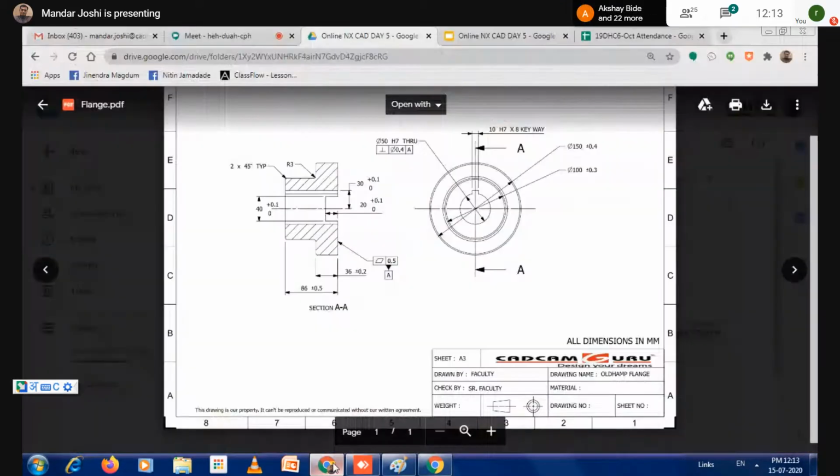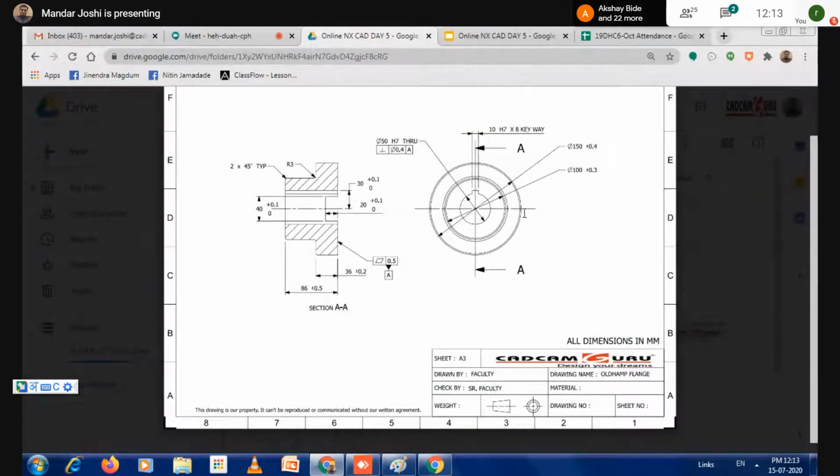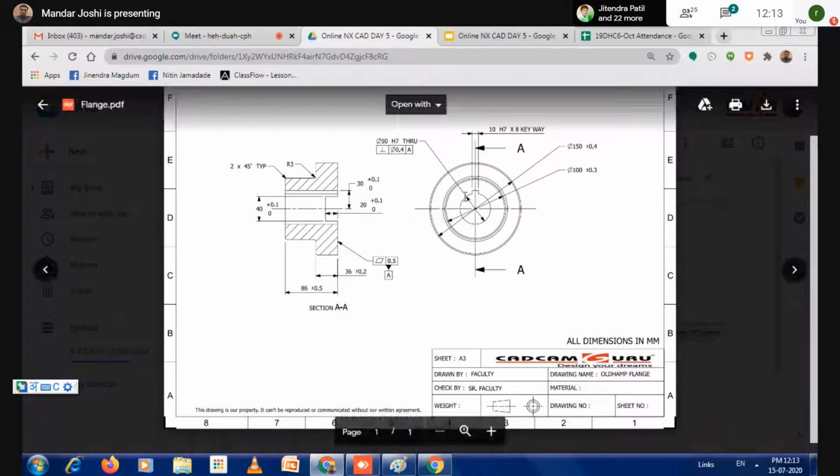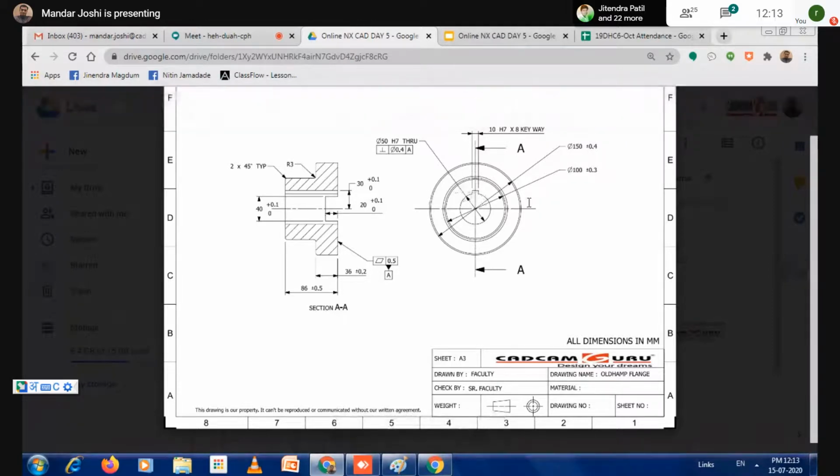Both side material you have to cut. From this center, here also there is cutting, here also there is cutting. That dotted line is not displayed because as per the rule, you do not indicate the dotted line anywhere. Dotted means the profile is there, but you have to define the depth through. So from this center, half the value is here and half the value is here. You have to define. Okay.